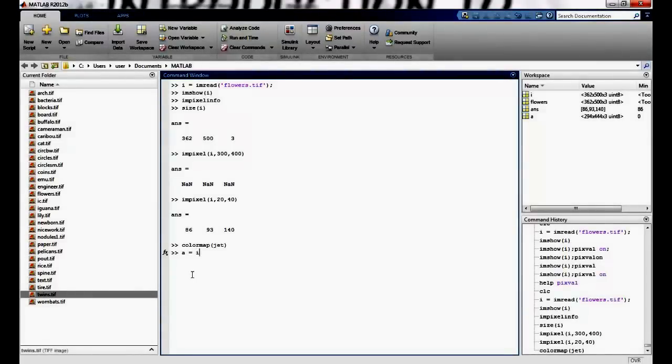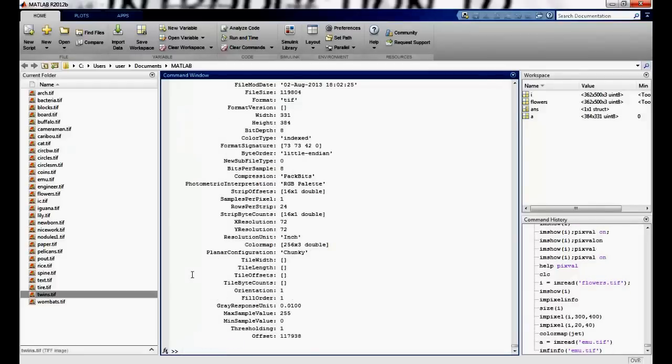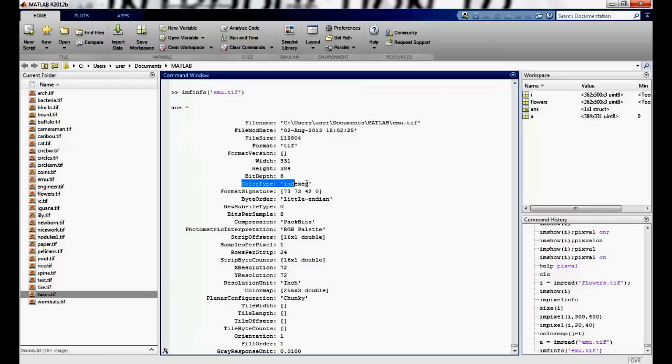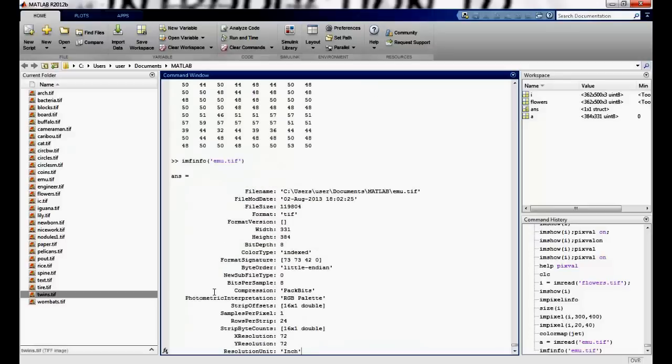Suppose I just say imread emu.tiff. Just to make sure that this is an indexed image, I'll first say imfinfo emu.tiff, and you can see that this is an indexed image. So I read that image.